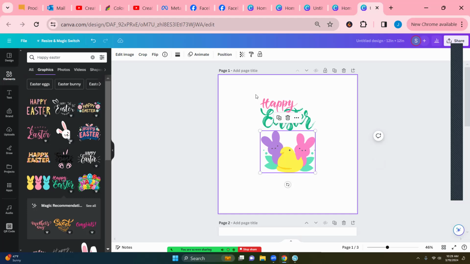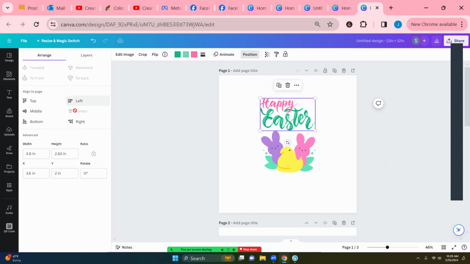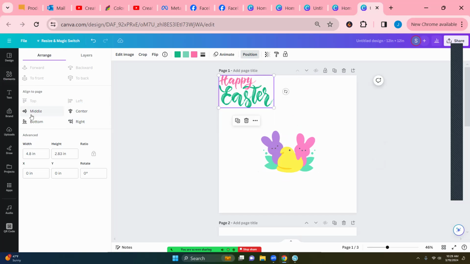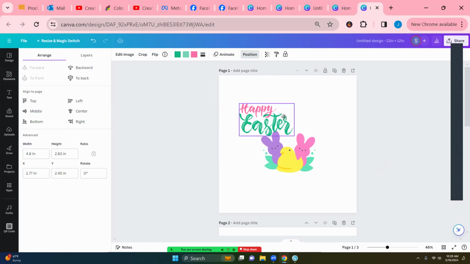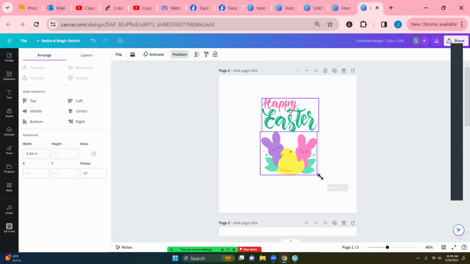Okay, now I can grab them and I can either group them or leave them as they are and save them as a transparent PNG. All right, and then if I want to position this to the left, to the top, to the middle, and you have your little guides. So here I'm just going to grab both of these